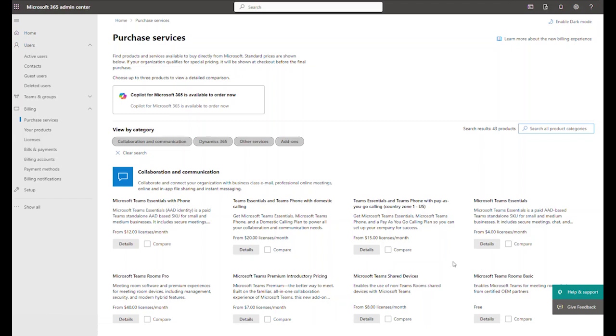Or you can have Microsoft Teams Essentials for $4 and the Teams Phone license for $8 if you have purchased them separately. So there's two options there to purchase those licenses together or separately. It is totally up to you which one you would like to do and how you want to procure it.